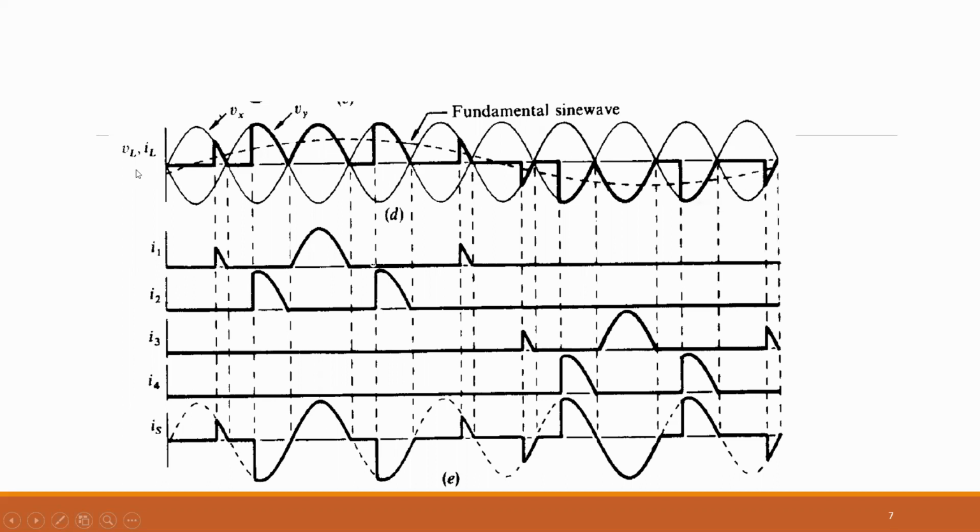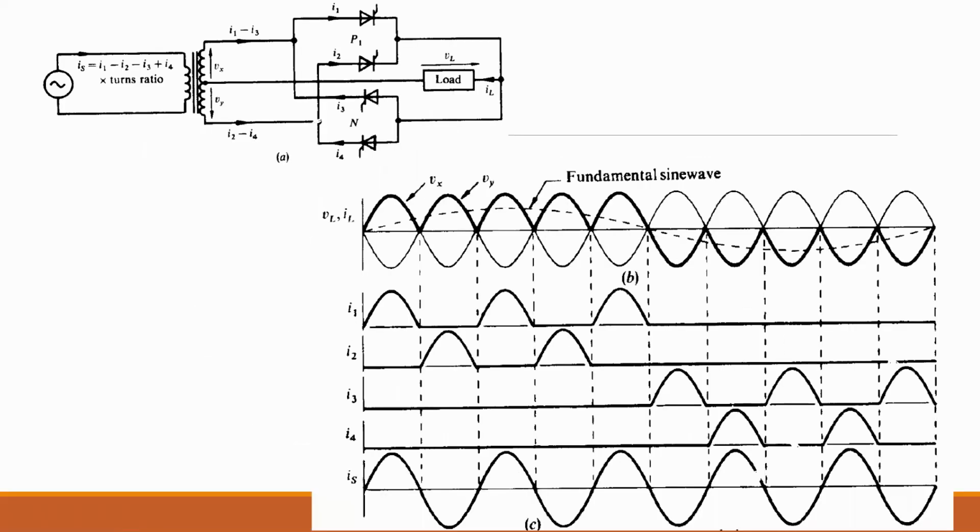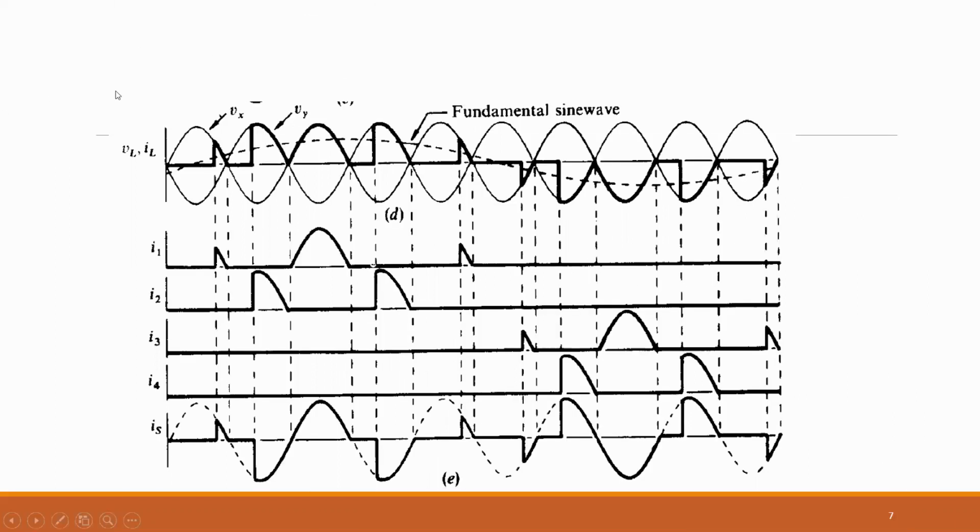So from this waveform, we can extract the original waveform easily, as the shape of the output waveform much resembles the fundamental frequency. But in the previous case, the whole waveforms were there, so the waveform is much different from the fundamental frequency. So we require different filters and Fourier series techniques to extract the original waveform. But if we change the location of the firing pulses, the waveform can be extracted more easily from this circuit. So this was all about the cycloconverter. That's how a cycloconverter can step down the frequencies.